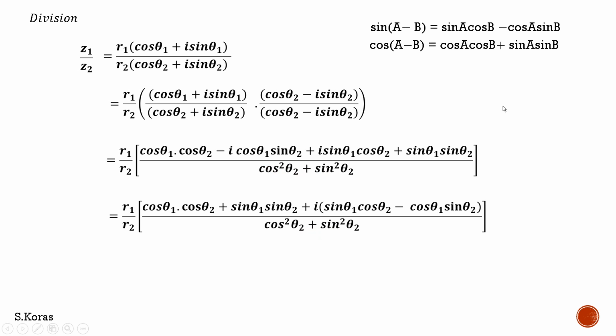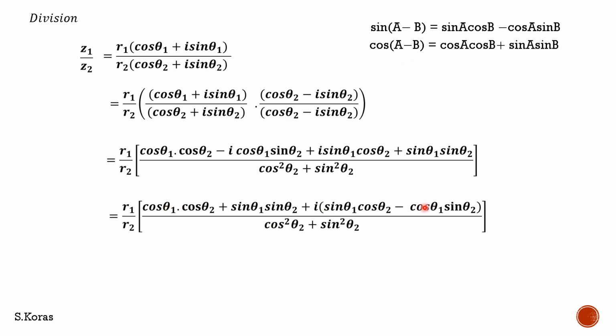Right. Now we are going to simplify this. If you consider theta 1 as A and theta 2 as B, this is in the form cos A cos B plus sin A sin B. So if you simplify this, you can write the whole term as cos of A minus B. Here your A is theta 1, here your B is theta 2. So we can simplify this as cos of theta 1 minus theta 2 for this place.